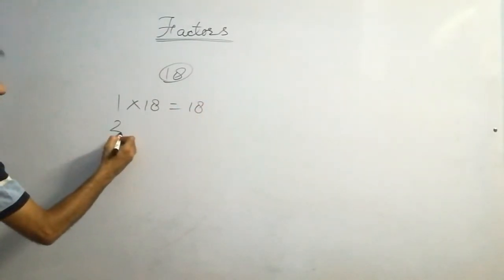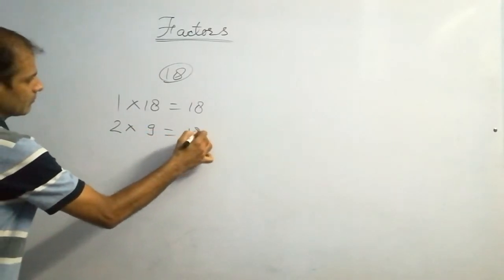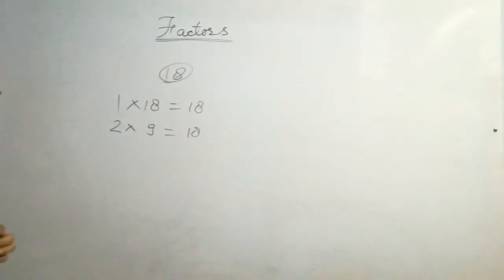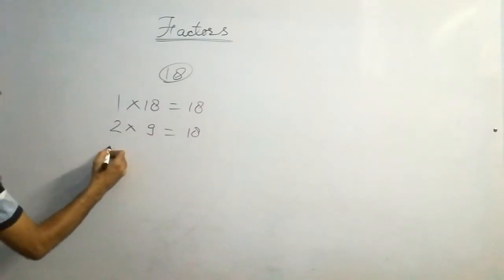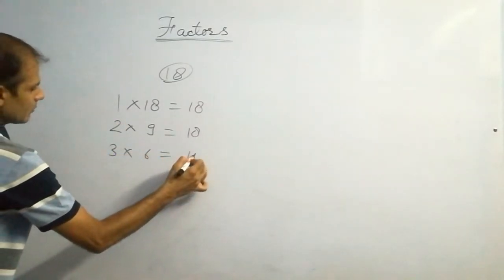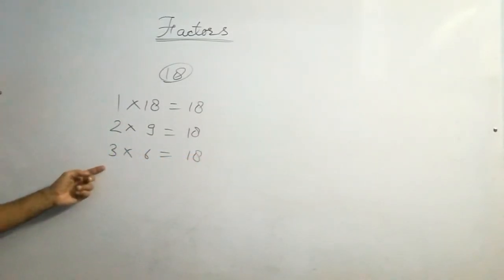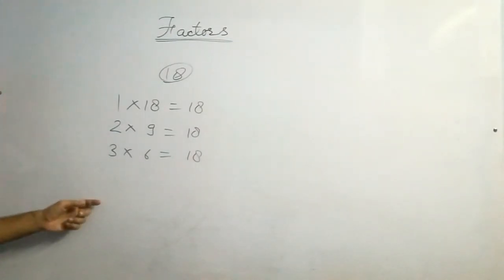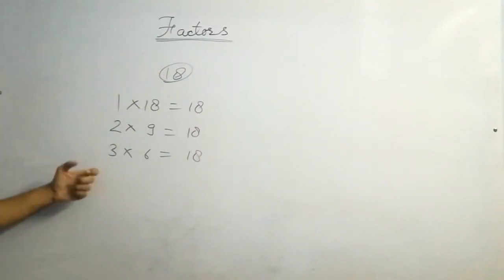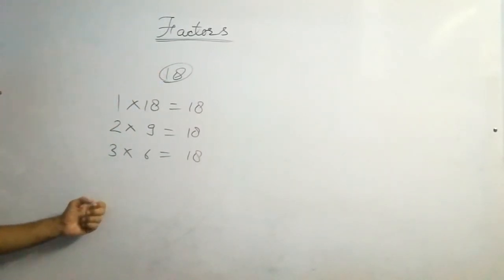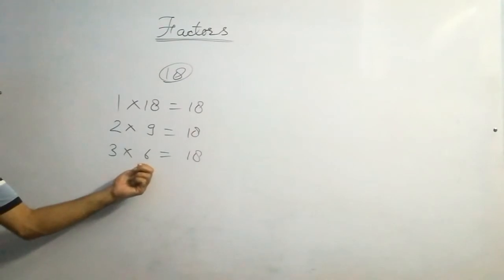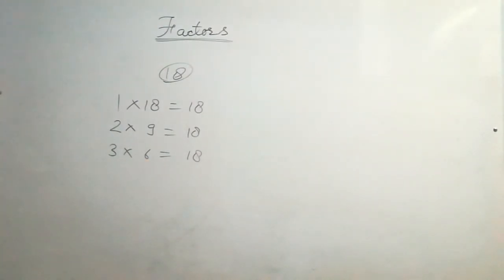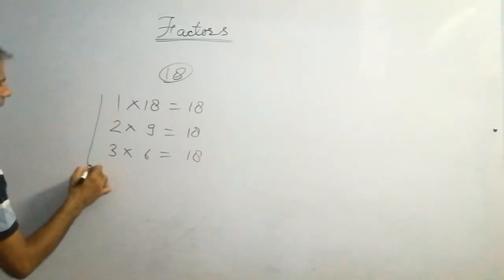Then with 2, as you know 2 9 ja 18, and the most important thing, you must remember the tables. Start with 3 3 6 ja 18. With 4 no, because 18 doesn't come in the table of 4. 5 not, because 18 5 की टेबल में भी नहीं आता है. 6 की टेबल में आता है, बट 6 ऑलरेडी यहाँ पर आ गया है. ठीक है ना, 6 has already appeared. सो वी विल स्टॉप द प्रोसेस. जैसे ही नंबर्स रिपीट होने लगे आपको प्रोसेस स्टॉप कर देनी है एंड राइट द नंबर्स इन दिस ऑर्डर.